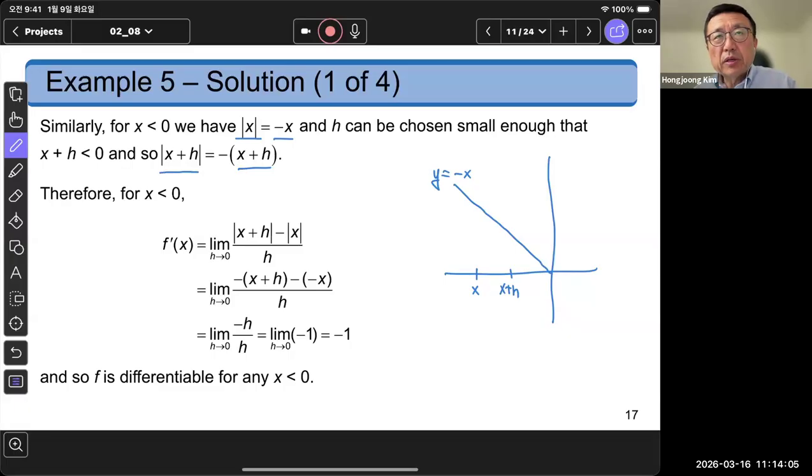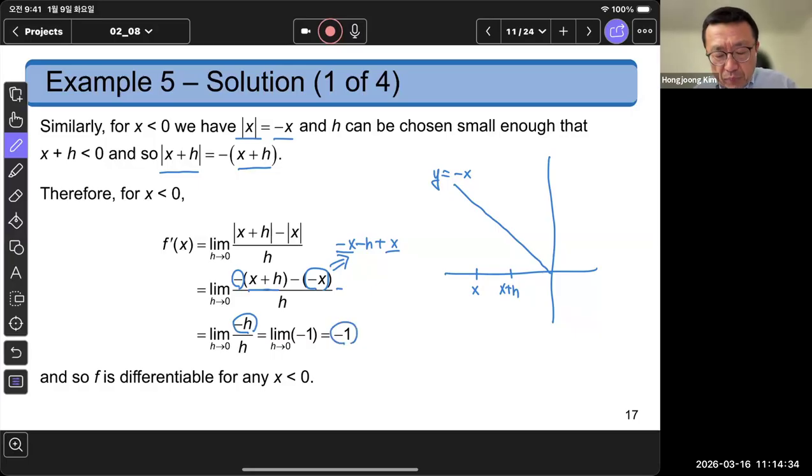So the numerator is now the negation of x plus h, and the absolute value of x is also the negation of x. After cancellation, the numerator will be negative x, negative h, plus x. After the cancellation of negative x and plus x, you get negative h, and after the cancellation of h,